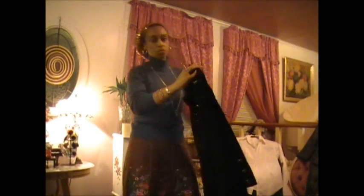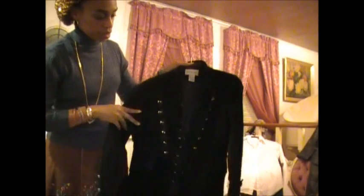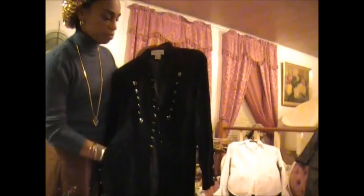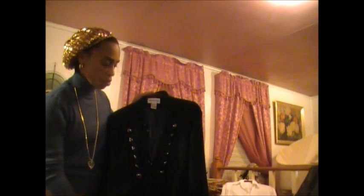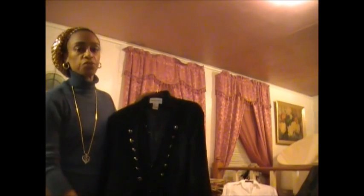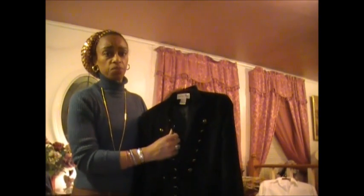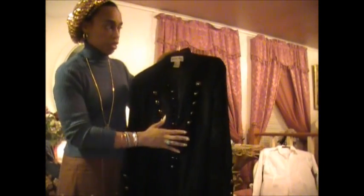So I'm going to sit this down. And what could also work with those black pants is this military jacket. This military jacket is just so universal and can go with so many different things. Now I would not wear this jacket with a skirt. I would wear this jacket with